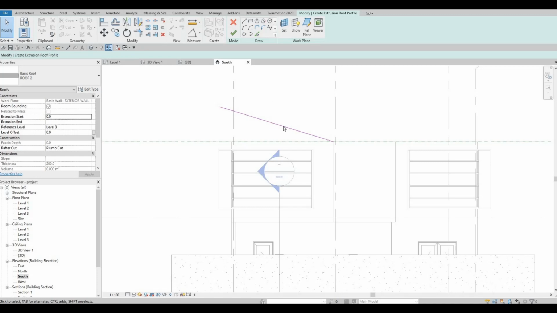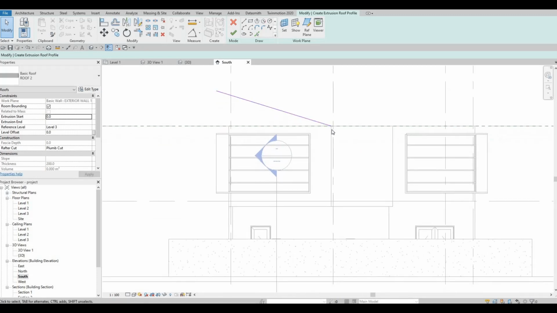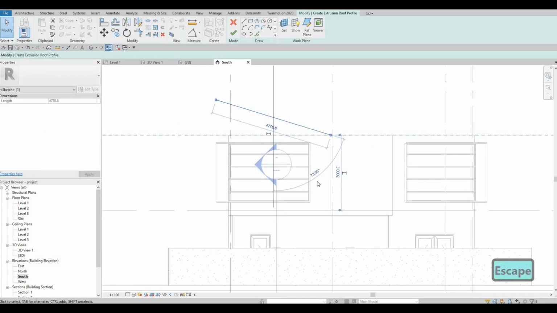So as of now, I want to extend it a little bit, but I want to know the angle. So this angle is around 73 degrees from here. It's because I want to do the same angle right here on this side. So at least we'll be able to do it